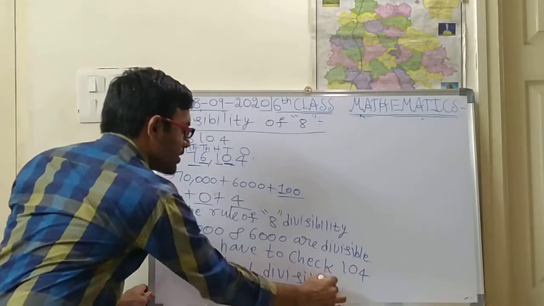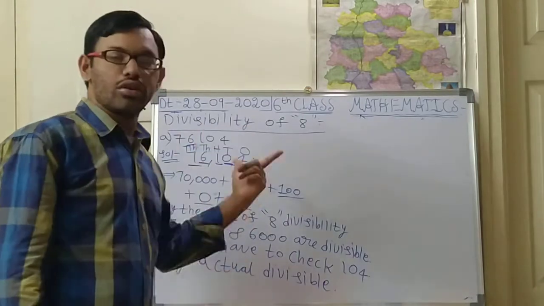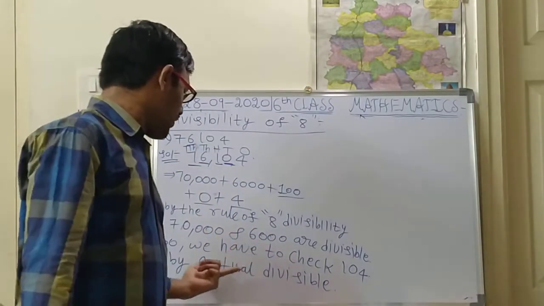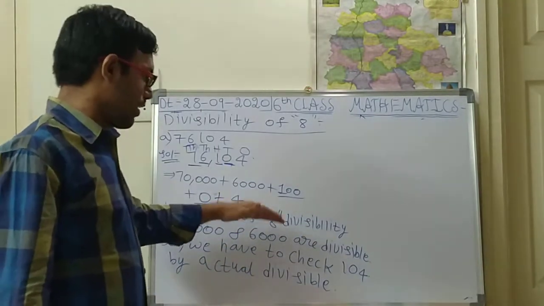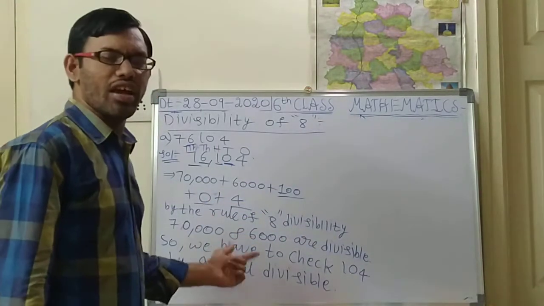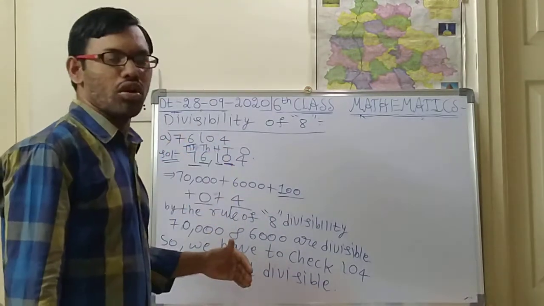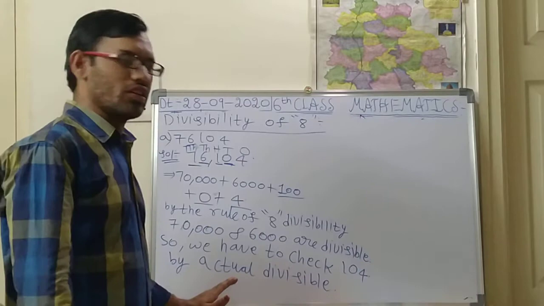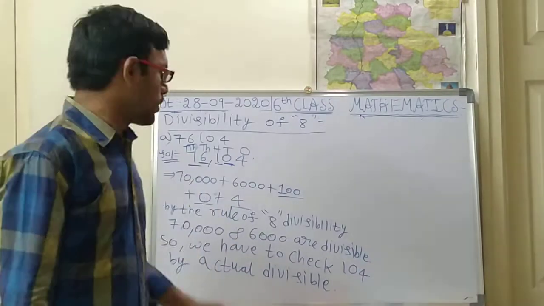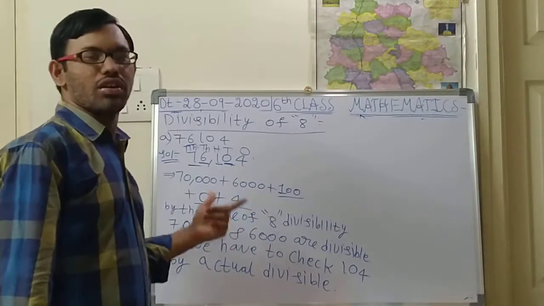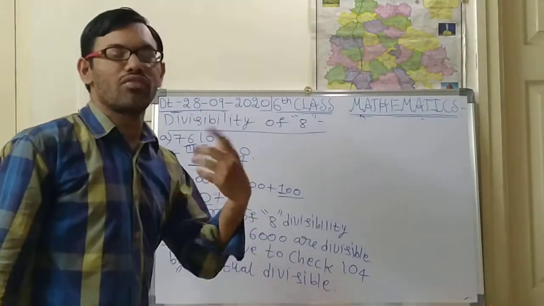So the reasoning is also very, very important, children, not only directly doing the problem. This type of reasoning also you are supposed to write, so that you will get a very good knowledge about how to do the problem. So reasoning is important. For this reasoning you will get some extra marks. Instead of giving 2 marks, you will get 3 marks if the problem is for 5 marks.